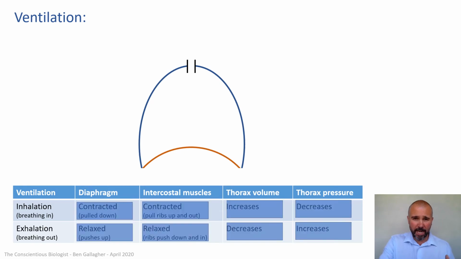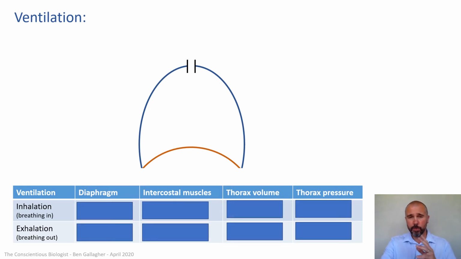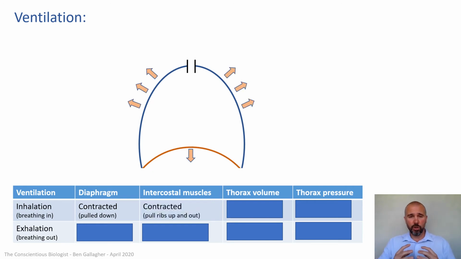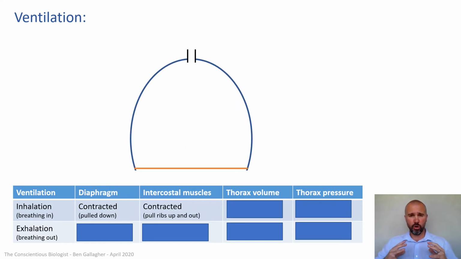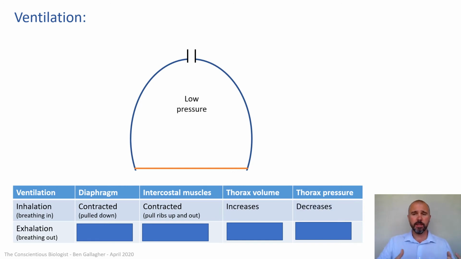So to go through it again, I'll cover up those boxes again so we can whiz through it. But if you've got the diaphragm pulling down, contracting, and you've got the intercostal muscles contracting to pull your ribs up and out, that means the whole thorax is going to expand, meaning the volume is going to increase. That means the pressure is going to decrease, meaning that it's now higher outside than inside, so air is going